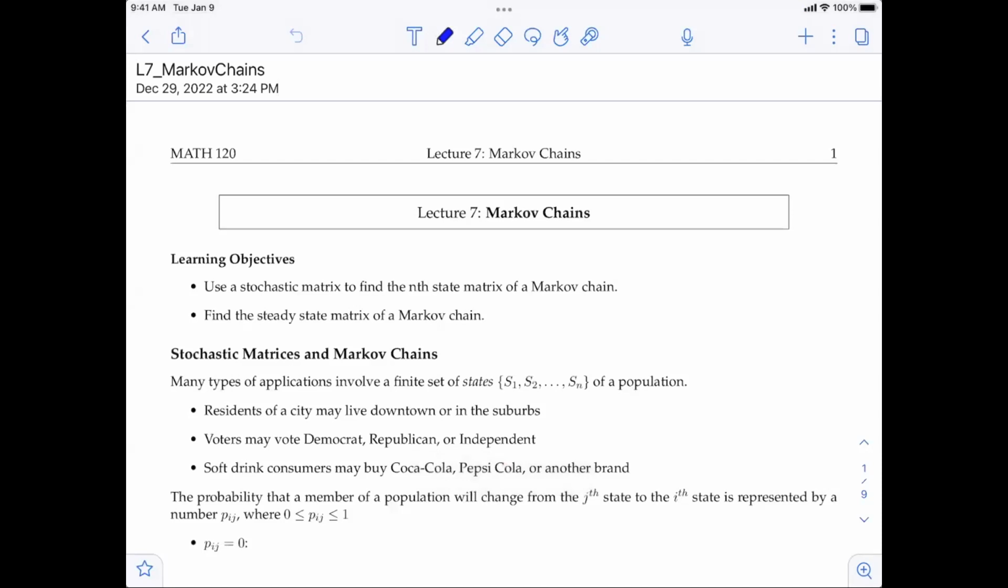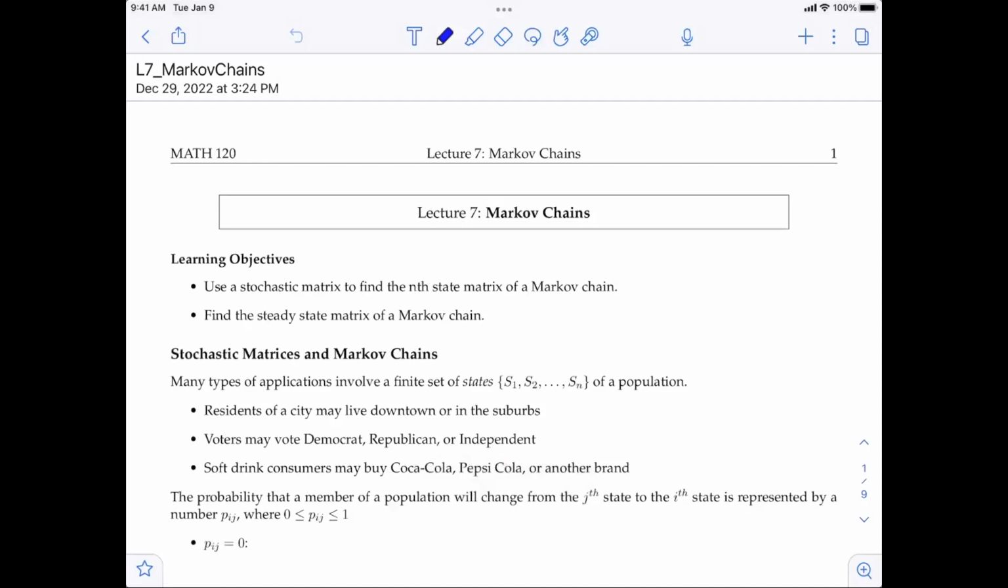The learning objective of this lecture is to use a stochastic matrix to find the end state matrix of a Markov chain. We're going to define all of these terms later on in this lecture. And then at the end, we're going to find something called the steady state matrix of a Markov chain. Okay. So the applications we want to focus on is the